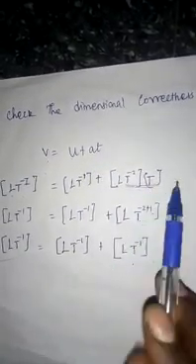V dimension is LT power minus 1, U dimension is LT power minus 1, acceleration dimension is LT power minus 2, and time dimension is T. Here the bases are the same, so the powers add: minus 2 plus 1, and finally we get minus 1. Each quantity's dimension should be the same, isn't it? Here on the left hand side and the right hand side, each quantity's dimensions are the same. So this is called the dimensional correctness of the given physical equation.